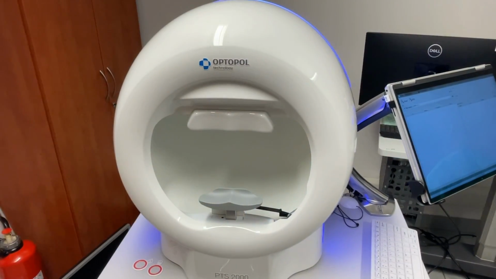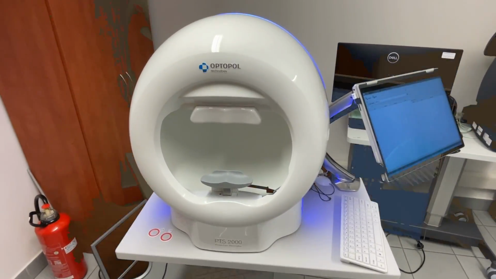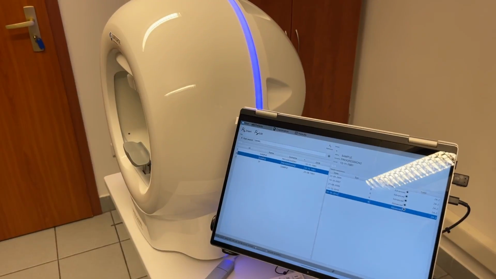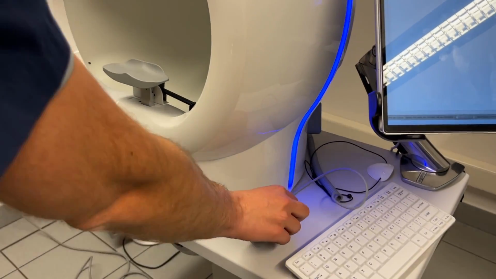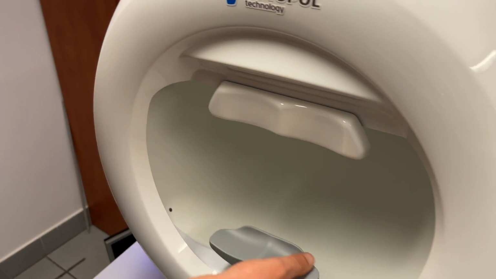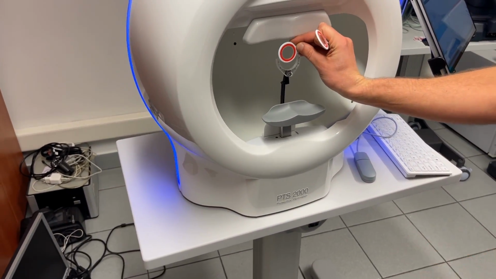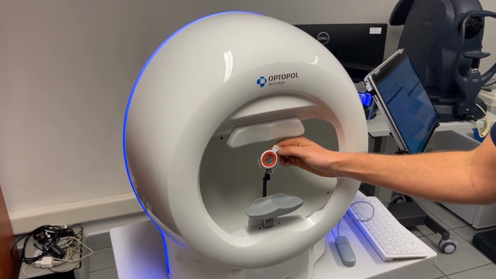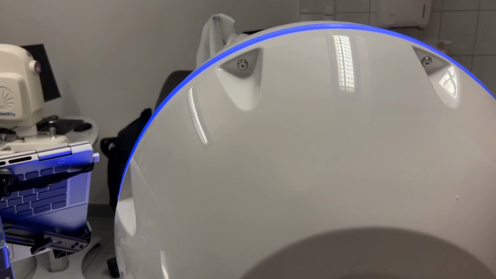This is how PTS 2000 looks in reality. There is a computer next to the machine which has a touchscreen display. We also have the patient's button and that can be stored on the backside of the machine. You have also the trial frame where you can put the lenses, and there are two spots, one for the cylinder and another for the sphere. And then in the back side you have the switch on, power cord, and also on the left side you